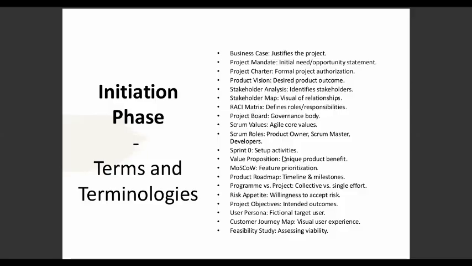We also have Scrum roles. Scrum roles are basically product owners, Scrum masters, developers. These are Scrum roles. So that's also a term used in Scrum. So we have terms like sprints. Sprints are, of course, durations of time in which activities would be deployed. So sprint 0, sprint 1, sprint 2, sprint 3, all those sprints are basically just a duration of 2 to 4 weeks, where activities are put into delivering certain work items within Scrum.